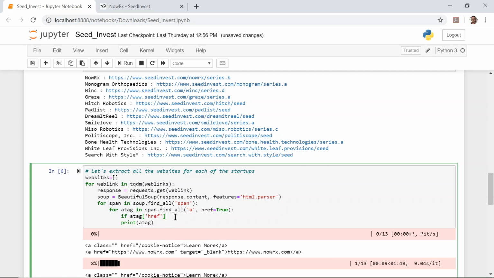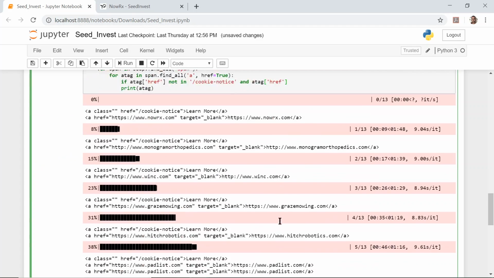So if a_tag href, and we'll say not in, and let's say cookie notice, because that's what we have as a common theme over here. So if a_tag href is not cookie notice,